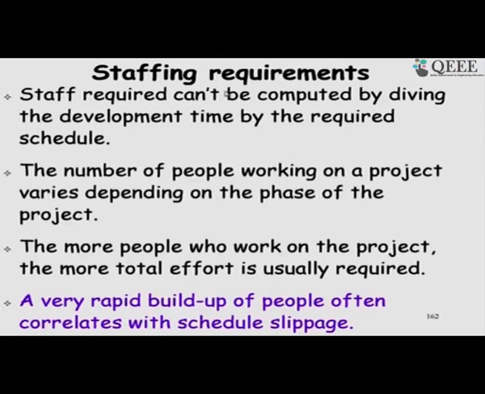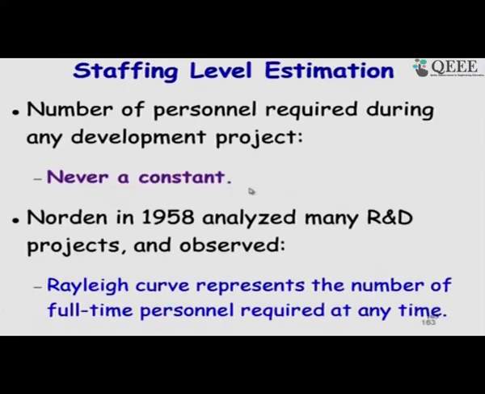So, the staffing requirement, let us look at some very basic ideas here. So, here once we identify that the effort is 100 person months, what is the manpower that we deploy? Is it that we get 10 or 20 people and just start the project, or is it that the number of persons we need to add slowly and build up the team? One thing that had become clear,